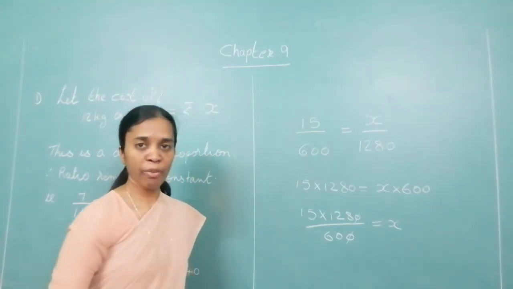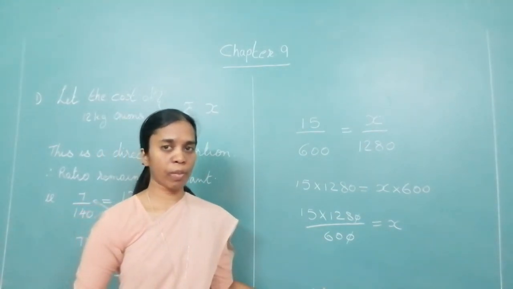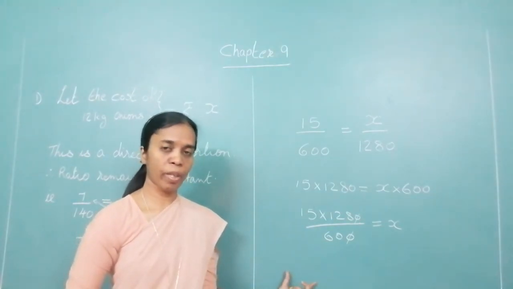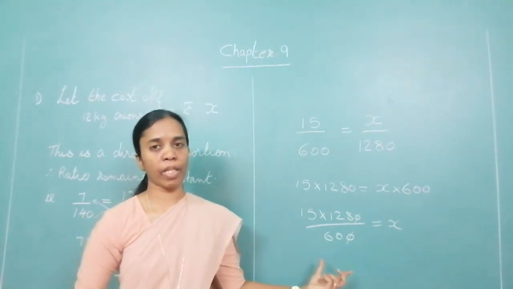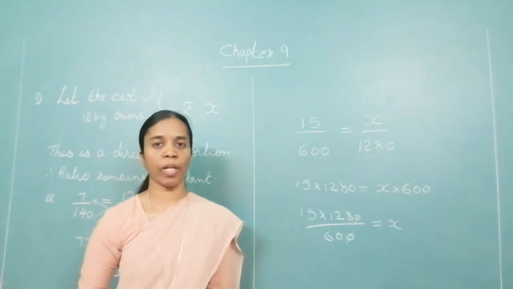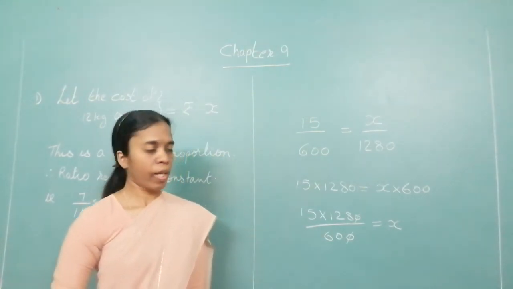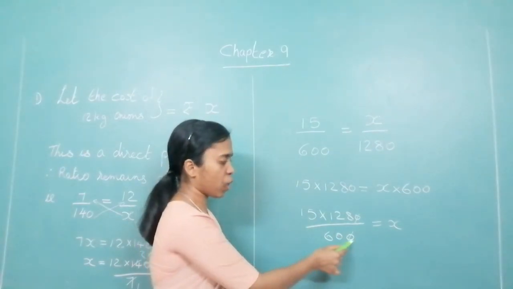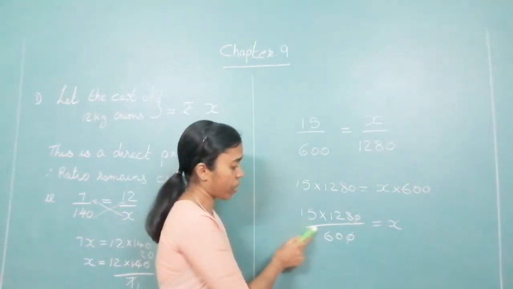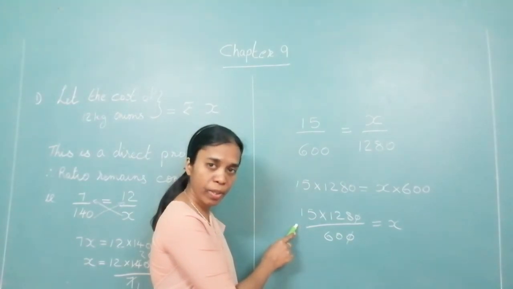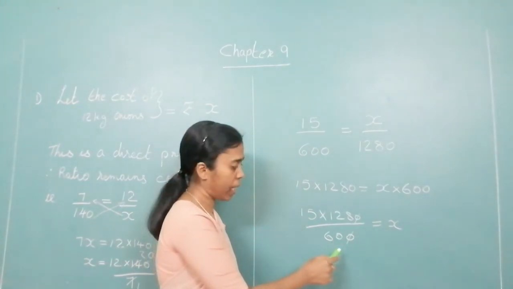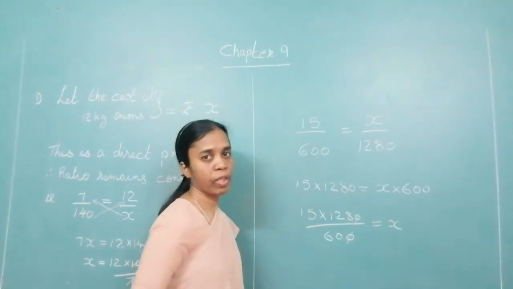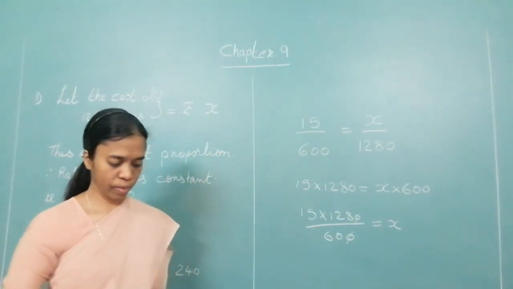Therefore, you have to write the concluding statement. Whatever answer you get over here, so many bunches will be getting for 1280 rupees. I suppose this cancellation is clear to you. 60, 0 and 0 got cancelled. 60 comes in 15 stable, so check out how many times, and that number will get cancelled in 128. That is how you do the calculations over here.